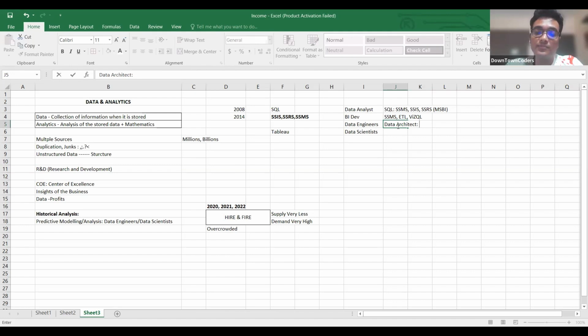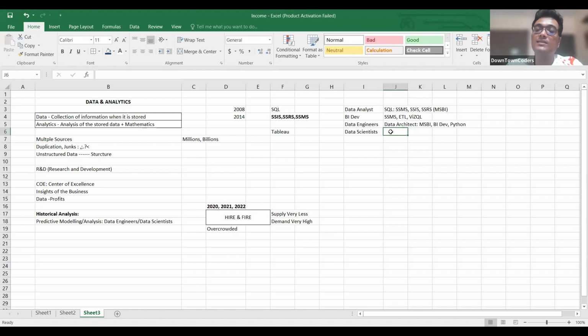So data engineers have complete knowledge of MSBI. They have good knowledge of whatever BI developers know. And together with that, they need strong coding knowledge. Nowadays, Python is a very strong coding language you can talk about. But just knowing Python won't help you; you need to know how Python is involved. Python can be used in multiple aspects. How Python is used by a data engineer to create the pipeline, how the flow will happen, what information to keep, what information to remove. All those kinds of business decisions are taken by data engineers.